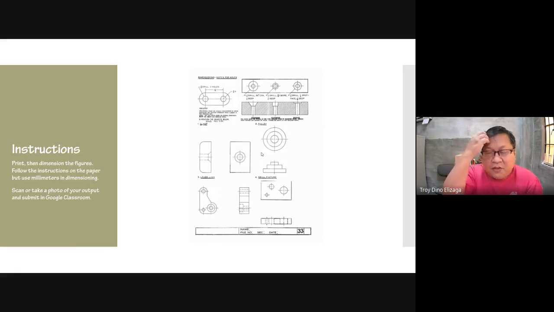After you print that and draw on it, you can have it scanned or copied or photographed, and then send it through Google Classroom. We will be transitioning from Google Classroom to Canvas later on, but maybe our next exercise will be on Canvas.